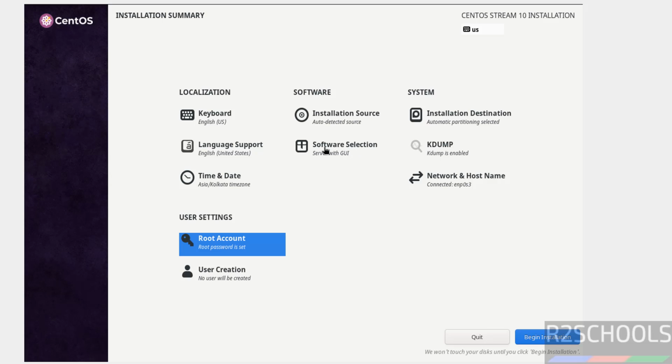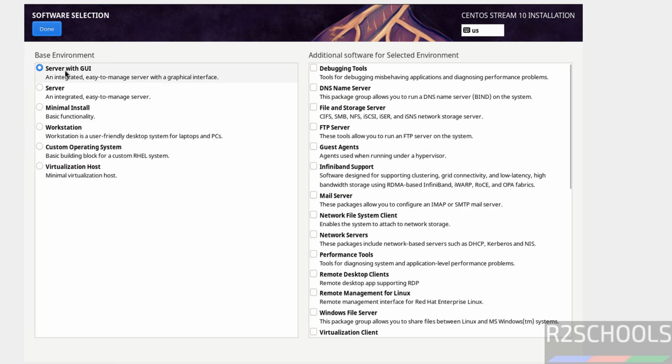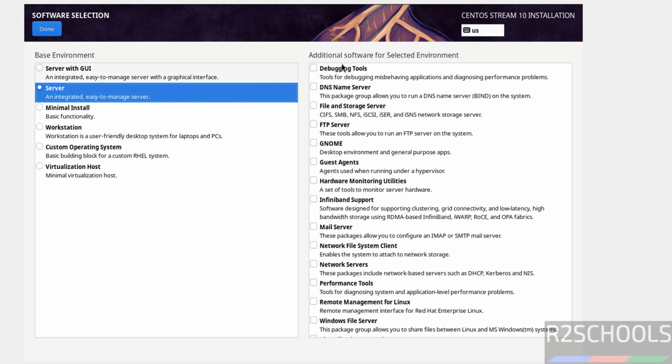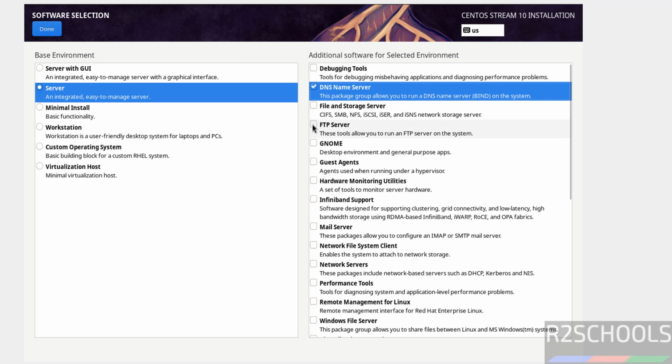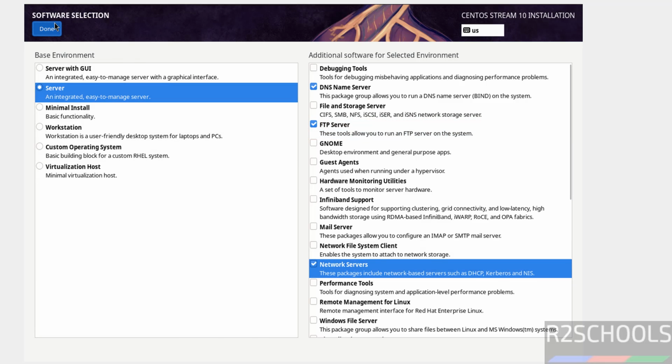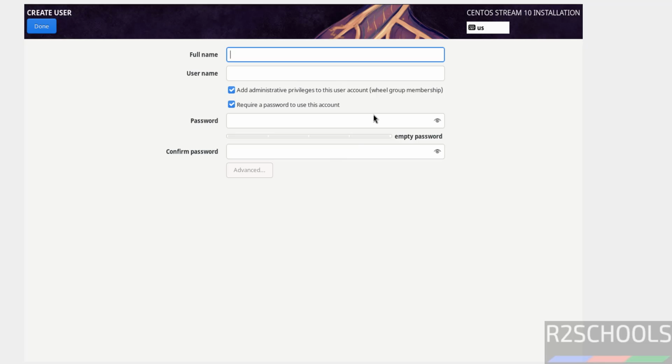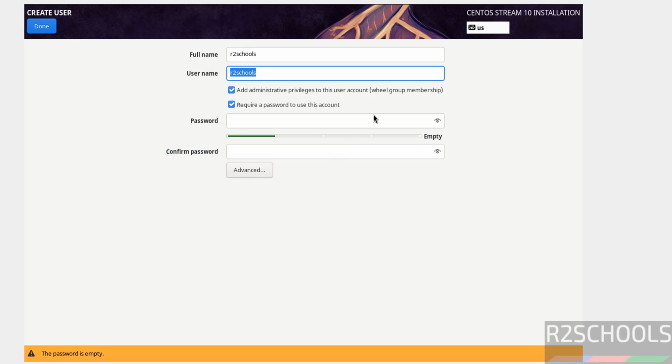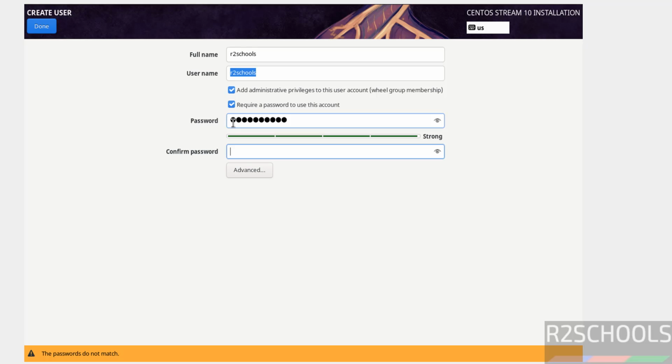Then the main option is software selection. See here we have the option server with GUI and server. I am going to select only server. Then select the components, whatever components you want to install. Then click on done. User creation, I am going to provide the user's full name. Then add administrative privileges to this user account. Okay, then provide the password, confirm the same,